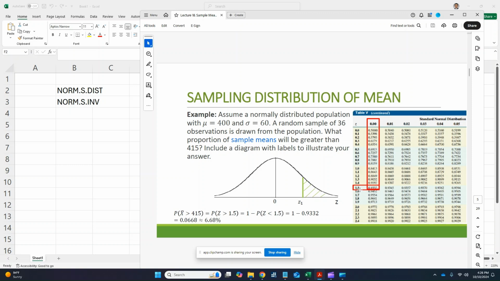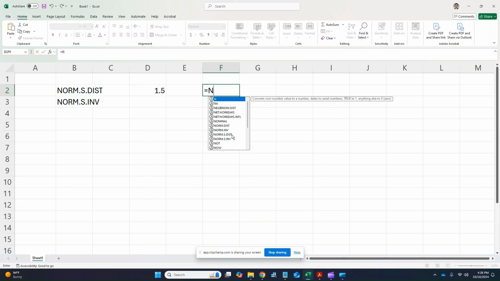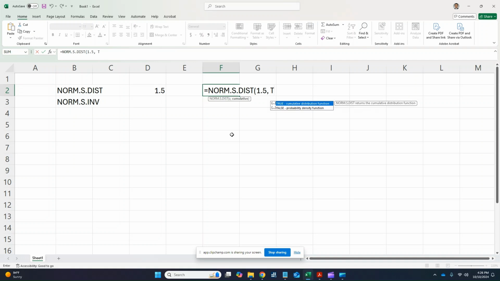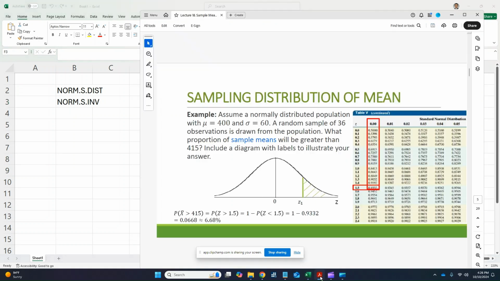Okay, so how can we do this using Excel? We have this 1.5 from the z-score. We use the equal sign, then norm.s.dist, and then it asks for a z-score, so 1.5. And is it cumulative? Yes, it's cumulative, so I'm going to write true, then close the parenthesis and press enter. So this gives us the same value, 0.933193, that's in our